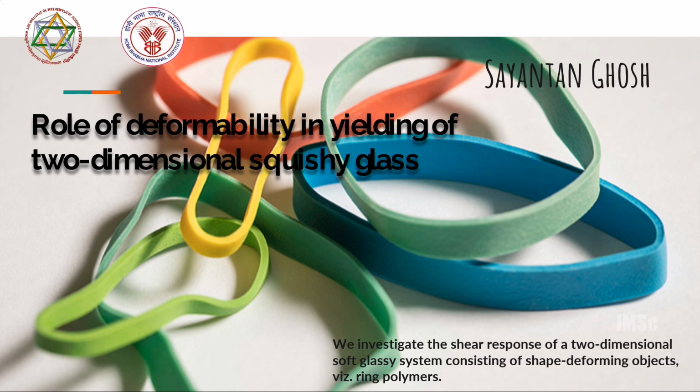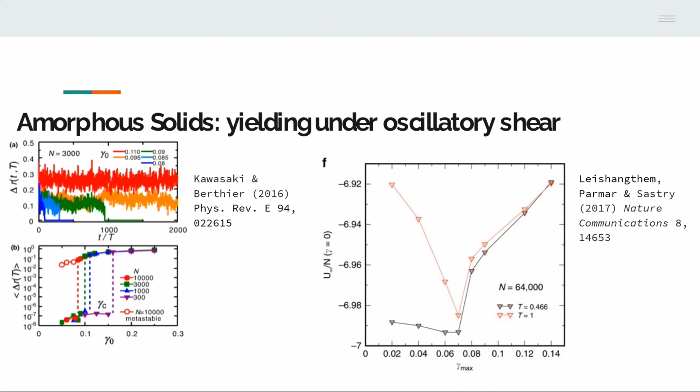So the title is The Role of Deformability in Yielding of Two-Dimensional Squishy Glass. And what I mean by squishy glass will hopefully become clear in the course of the talk. And the other members of the team that worked on this are Pinaki, Vani and Rahul. So to start off,